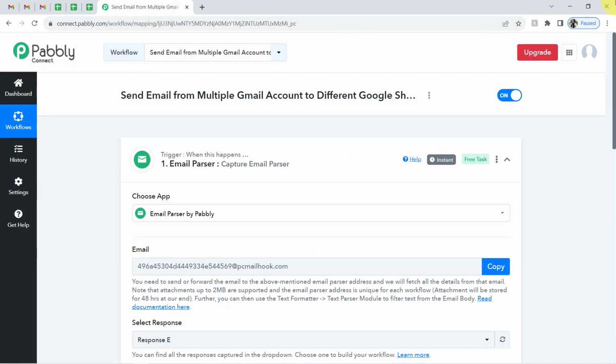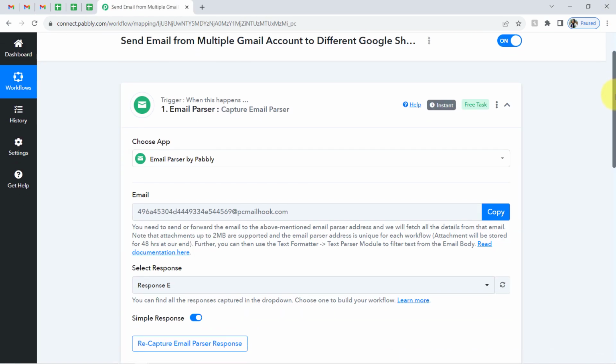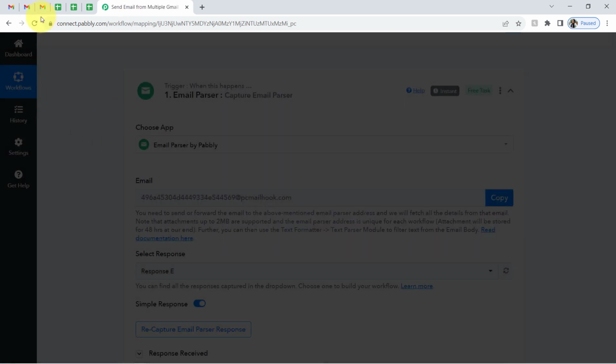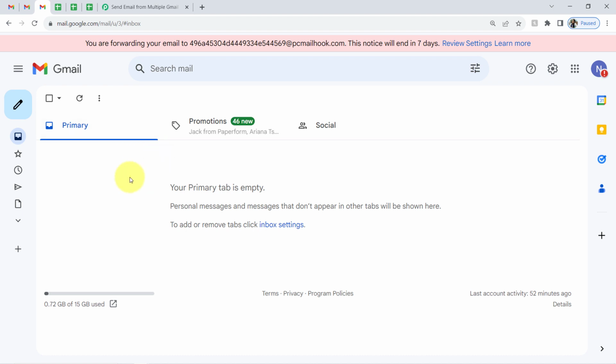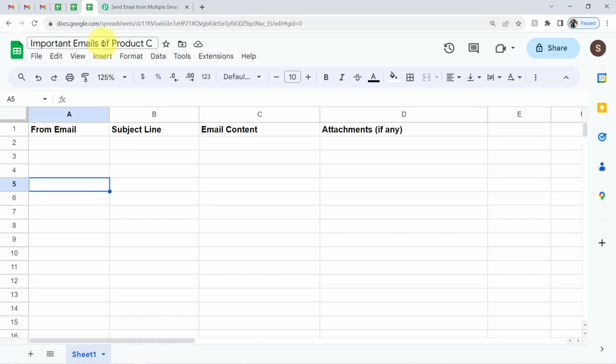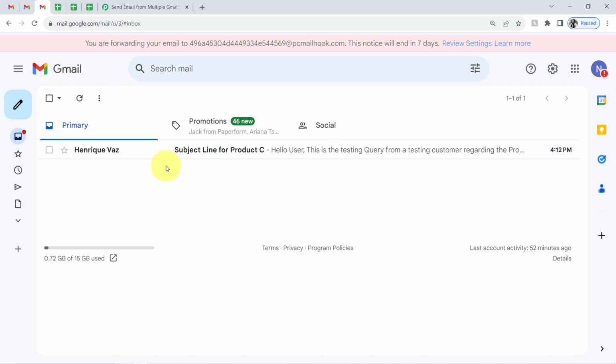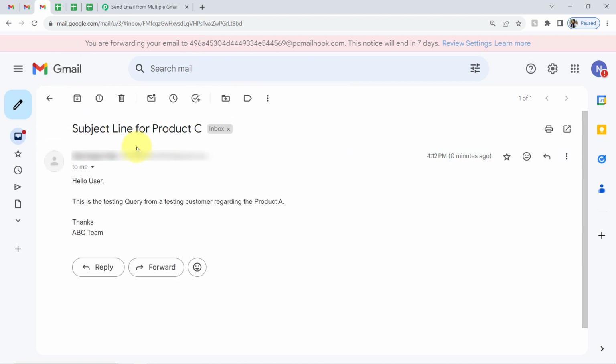Now you'll have to click on this recapture email parser response button one last time, so that we can capture the email of this Gmail account also to Pabbly Connect. Further, we will be adding the same data in our third spreadsheet. Okay, so this is my Gmail account. Again, give me a second, I will forward some email here. So here you can notice I have forwarded an email on this specific Gmail account. This is my third Gmail account, and again this is the same subject line, only the difference is of this